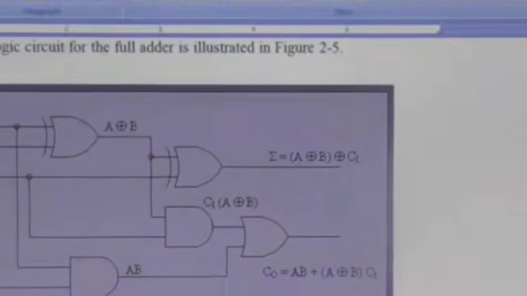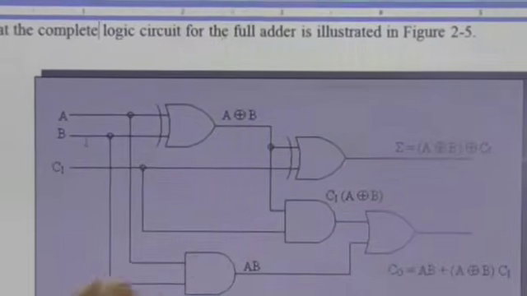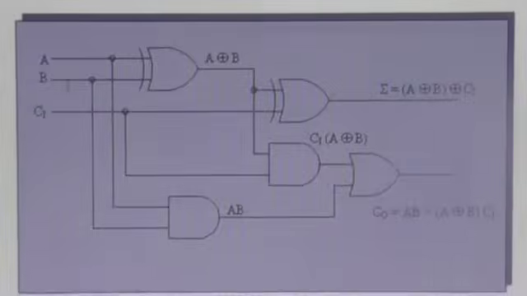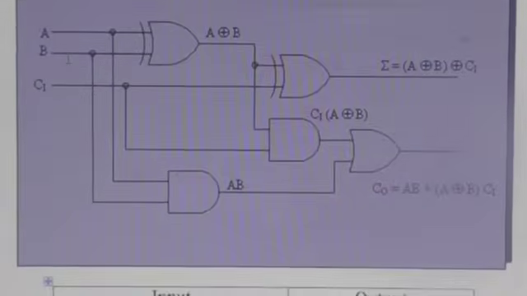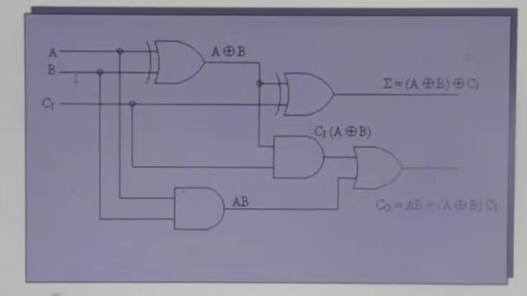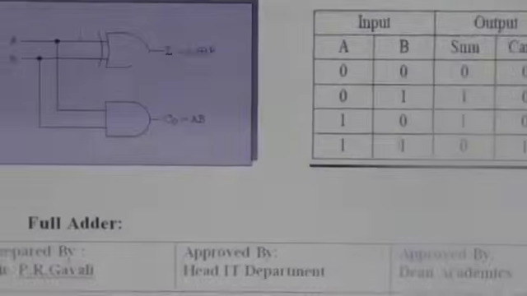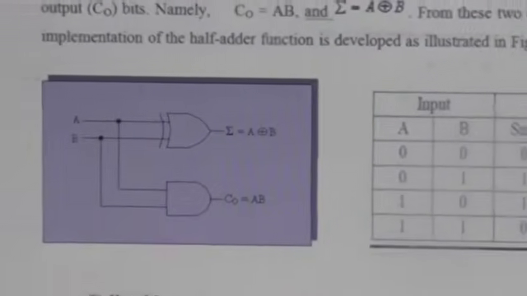So we will summarize the experiment like that. Half adder is used for the purpose of addition of two 1-bit numbers, and full adders are basically used for the purpose of addition of three n-bit numbers. Okay. Now we will see the demonstration of half adder first and then full adder on an IC trainer kit.